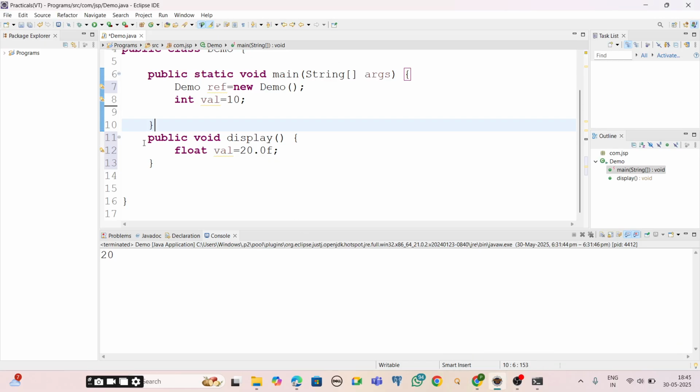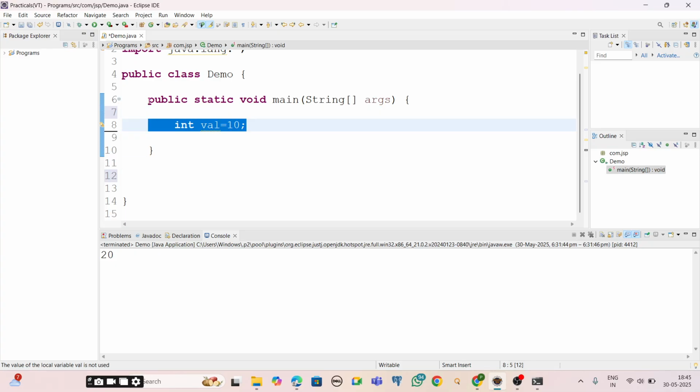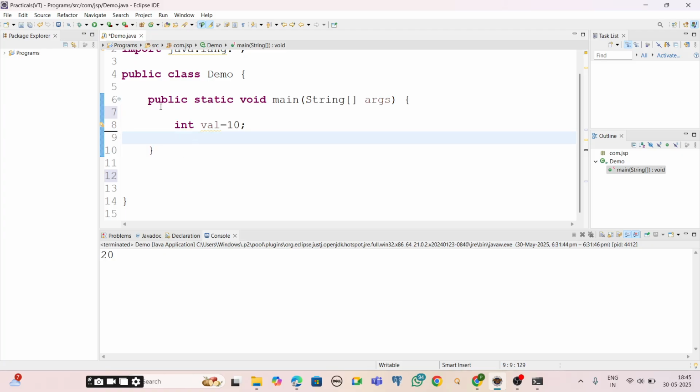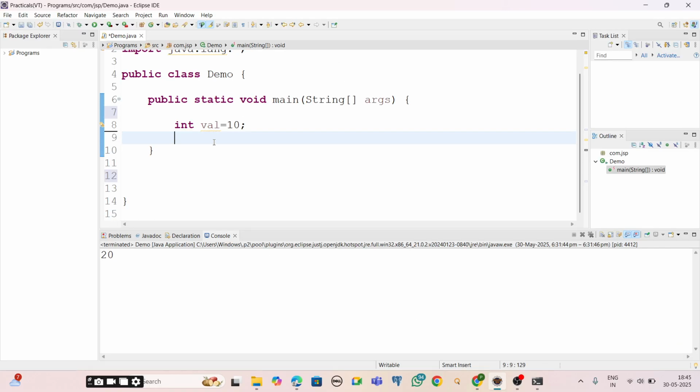Let me show. Let me delete this method. I wrote this variable, which is a local variable for this particular method, and I can access it only within this method. As I said, if we want to use local variables, we need to initialize them. Think that I have not initialized it and I am trying to access it.